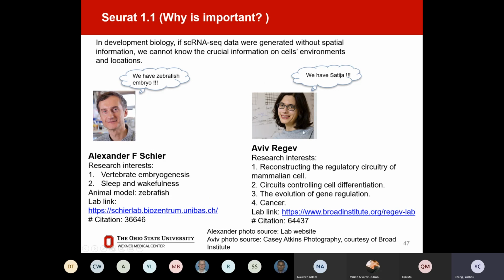At this time, Satija was a postdoc in her lab, and she was a computational biologist. She has a lot of publications regarding cancers and modeling, and her statistical number is almost 70,000. And recently, actually in May this year, she left the Broad Institute and joined a company called GeneTech,